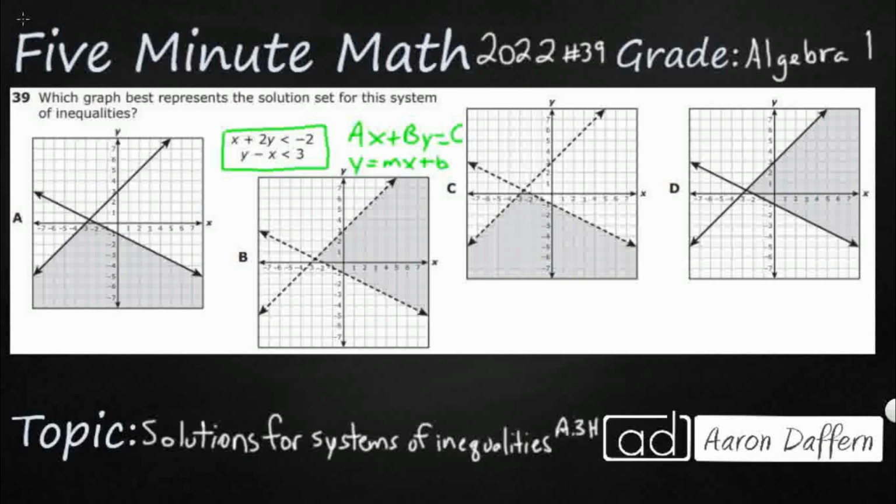Right, and we notice that the lines are all graphed in the same spot, but take a look at A and D. They both have solid lines, right? We're not even going to get started, and we're going to go ahead and eliminate A and D. So look at these solid lines right here. A solid line means it's going to be less than or equal to or greater than or equal to. Look at both of my inequalities right here. As of now, they're both less than. So when you have a less than or a greater than, you actually use a dashed line like this. So even before we start analyzing inequalities, we can get rid of A and D